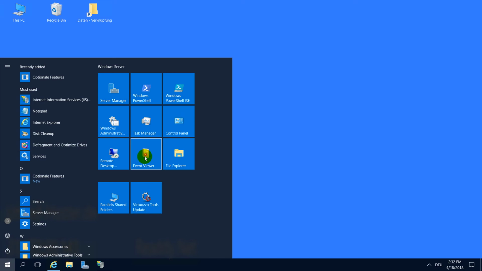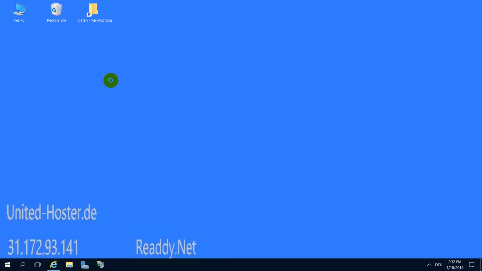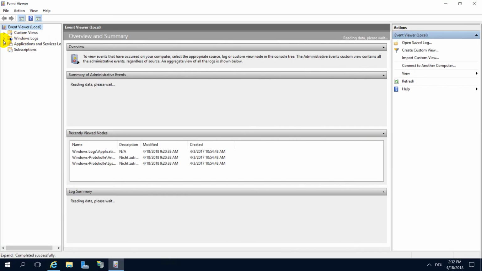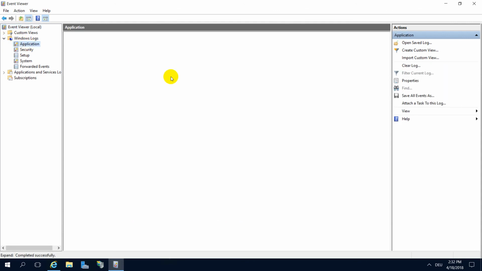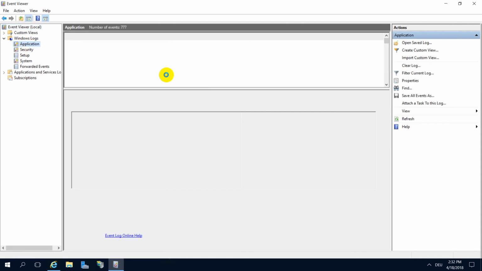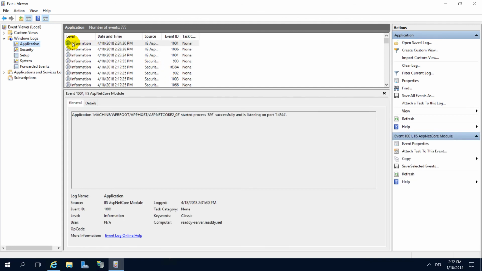If you get the 403, 404 and 500 error, you click here on the event viewer, and inside the event viewer you go to Windows Log, Application, and then now